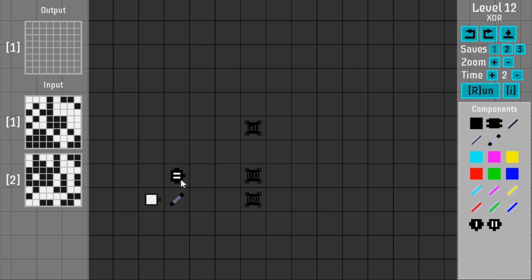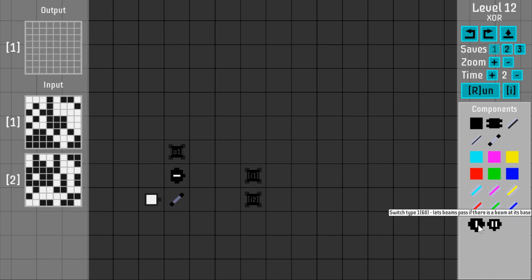No, I should let this beam pass if they're different, because that's easy to do. If they're different, at least one of them is white. It's hard to produce white from 2 blacks, right? If you don't have a source, which we don't. So